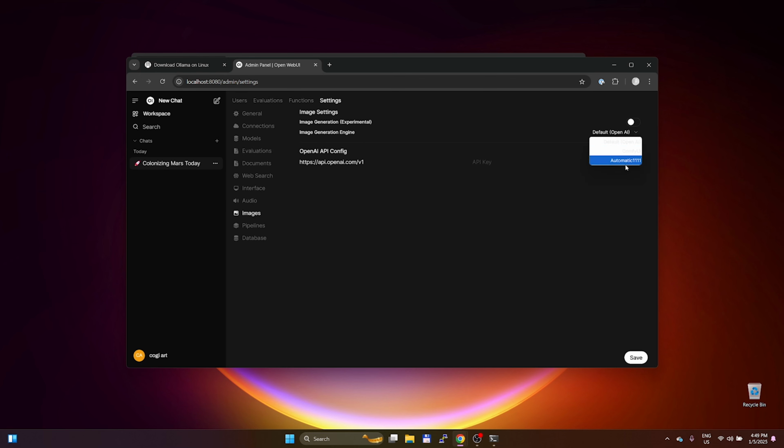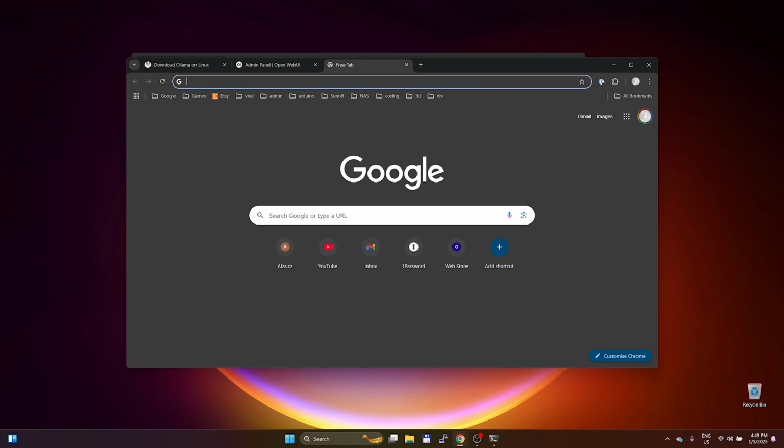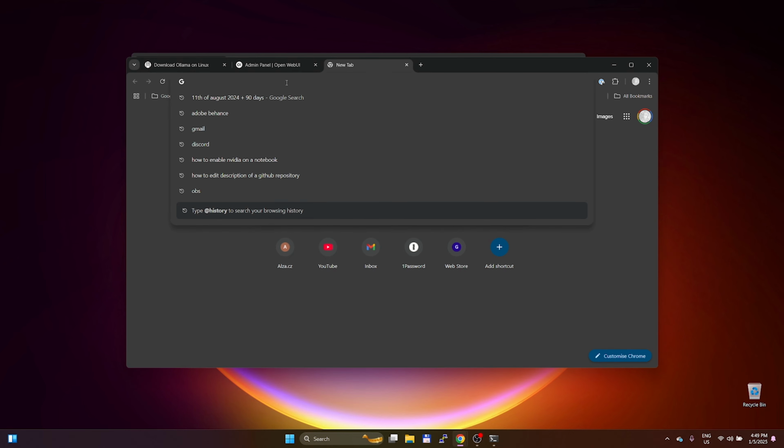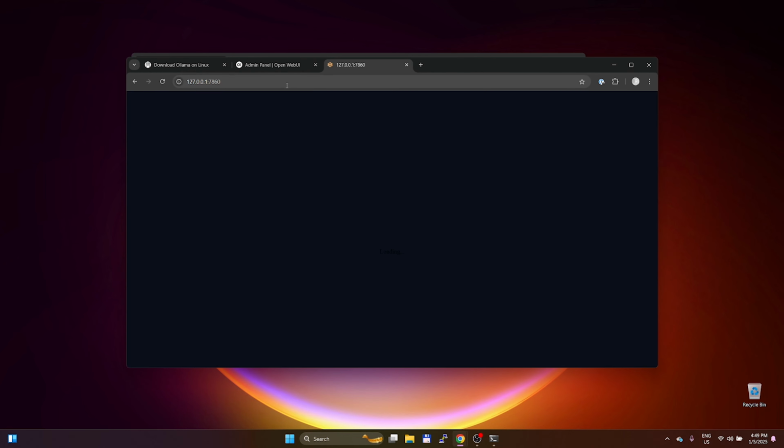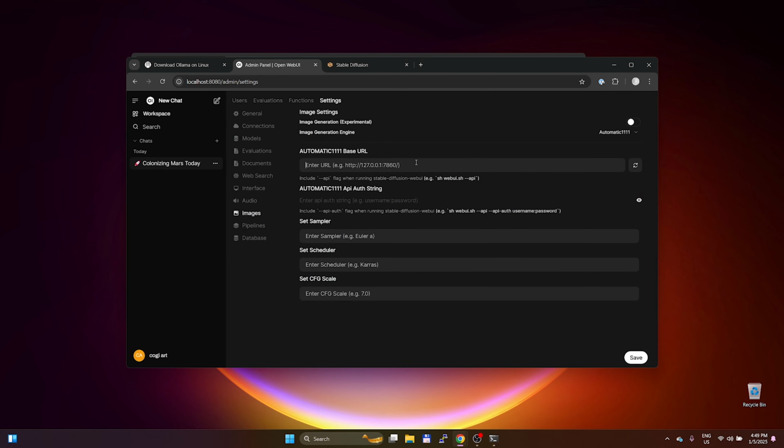We go here to Automatic1111, and then we visit that IP once again. This one. It's still running, but now we can copy it, enter it here, refresh, server connection verified, and tick